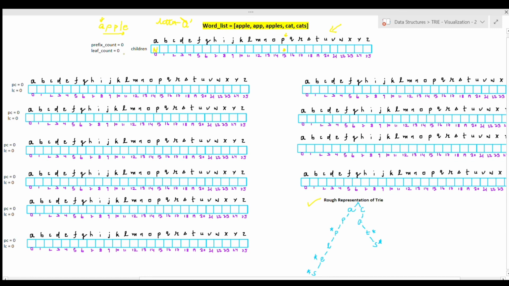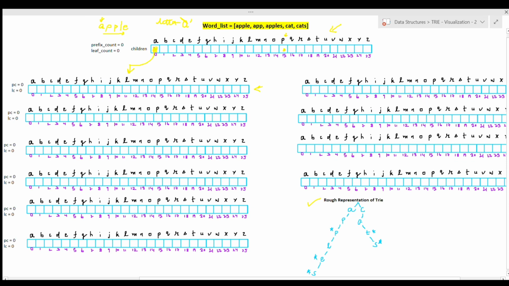But here it's A, right? So children of A minus A is children of 0. So we will be checking the 0th position in this vector, and we notice that it is null, since every entry in the children vector is initialized with null. So here we know that there is no child to it, so we have to make a child for it. We will make this child node, which will represent our A, and whatever the address of this new node is, that will be stored in this position.